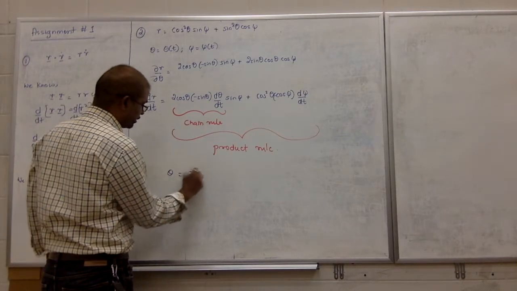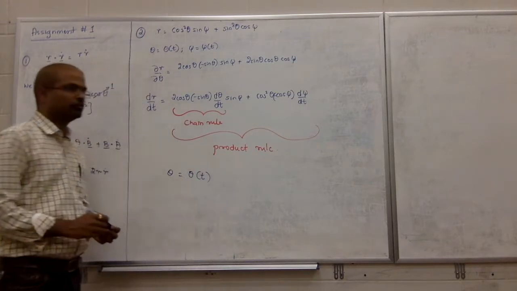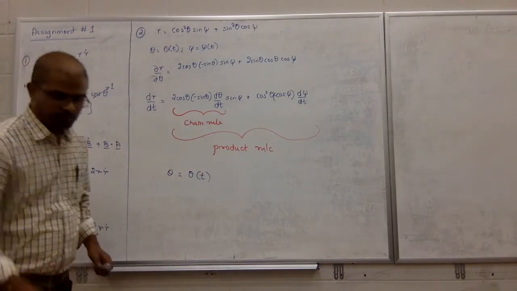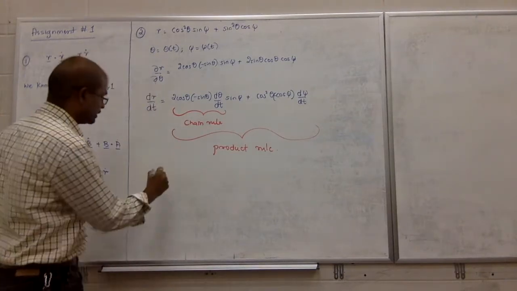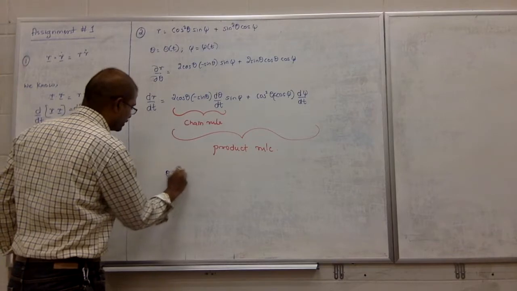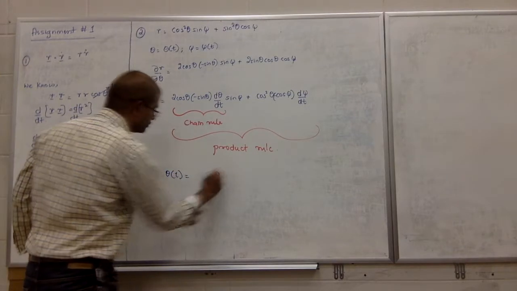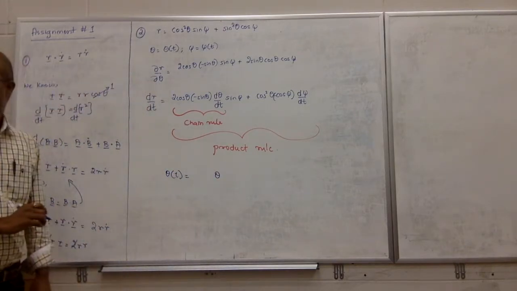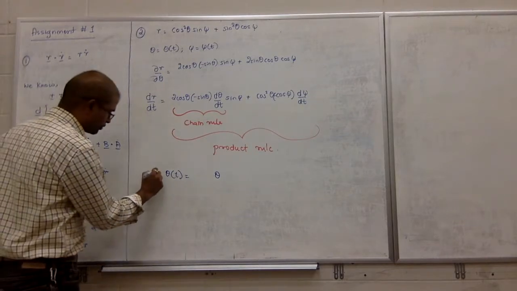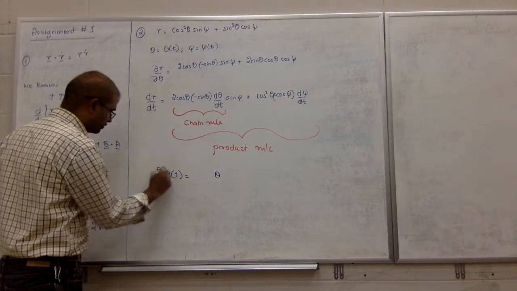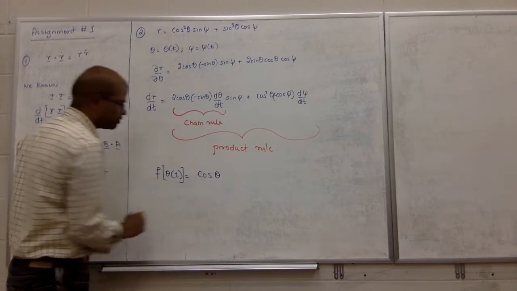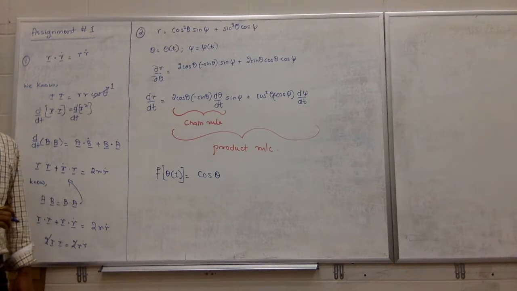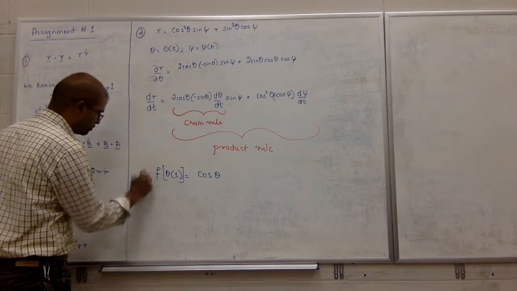Theta is theta of t, right? It's a function of time, right? I'm just going to write it like this. Theta of t is theta. You with me? F is cosine theta. Okay. G is